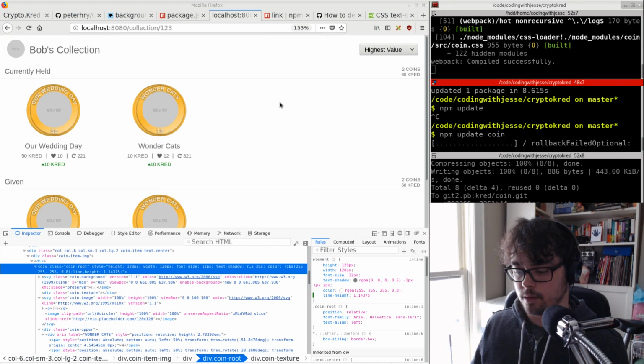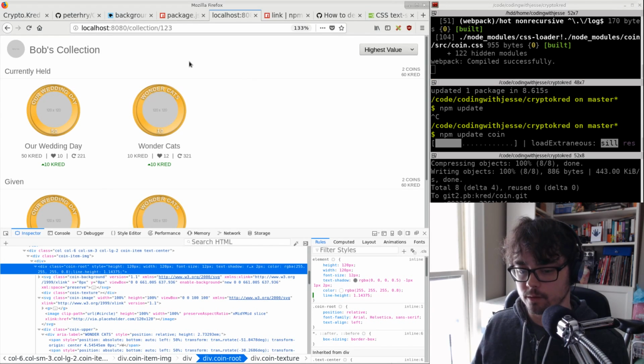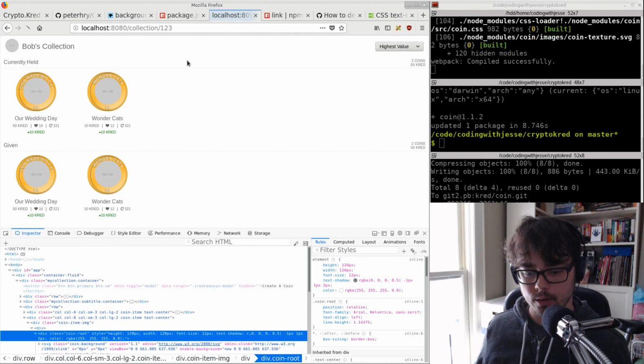Let us cross our fingers collectively. And I think that's it. Yeah. So if we zoom in here, I'm going to tolerate that. It is technically still touching up against that edge, but